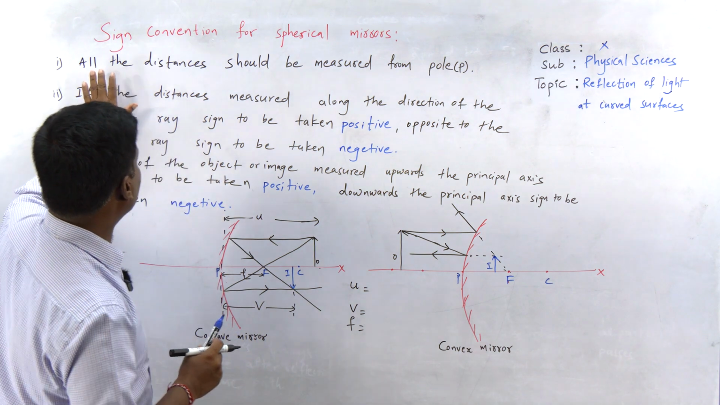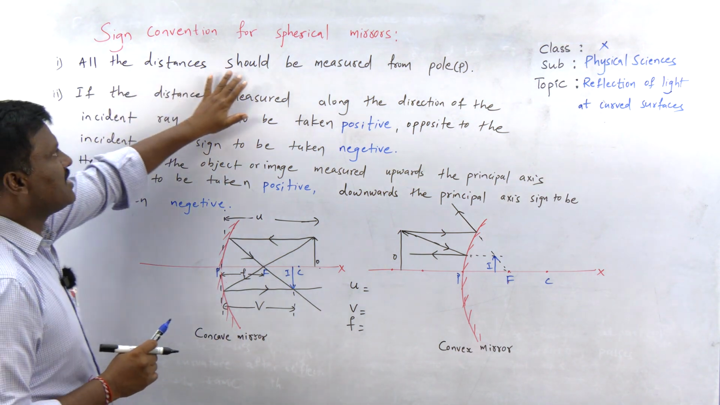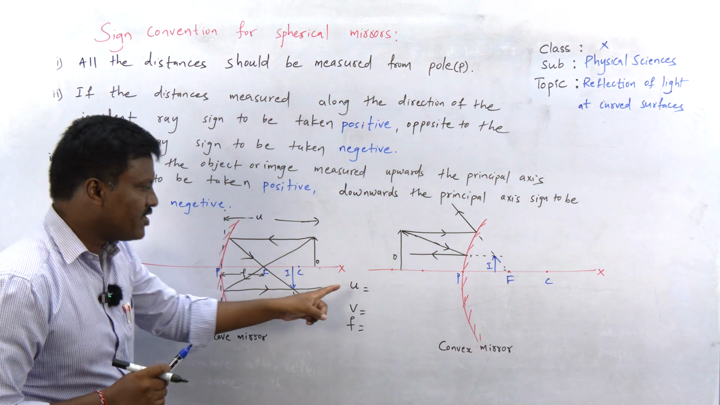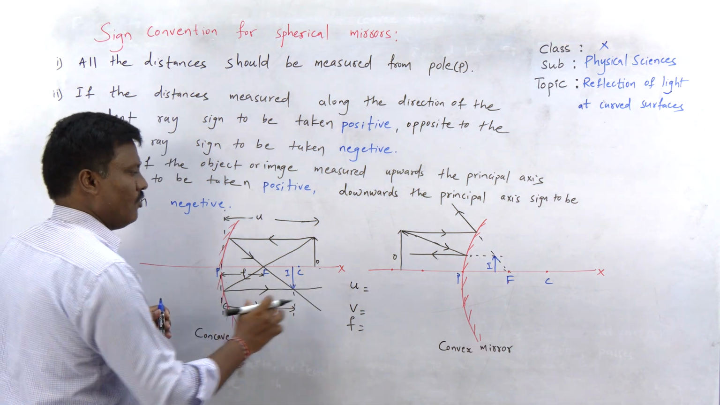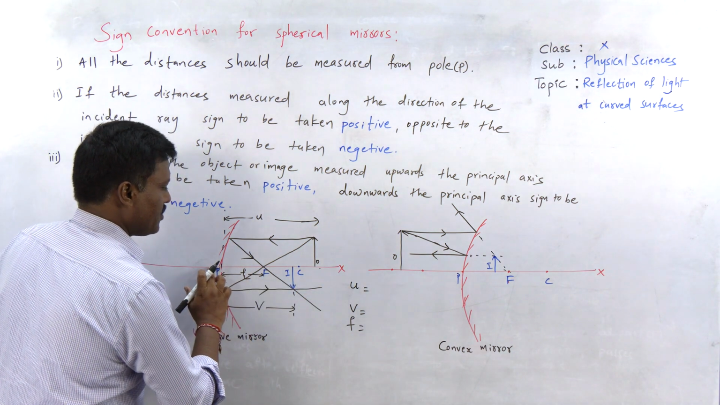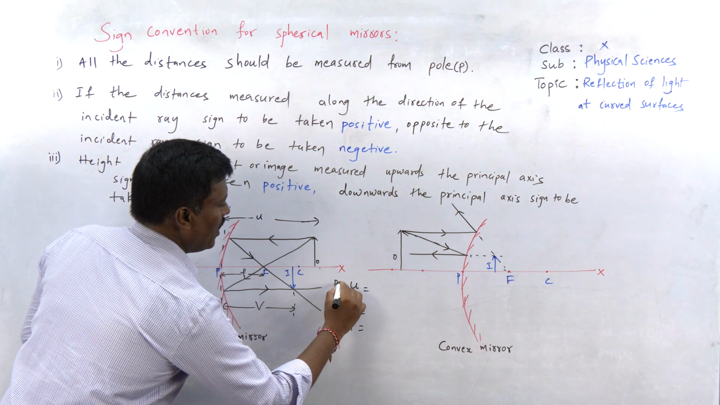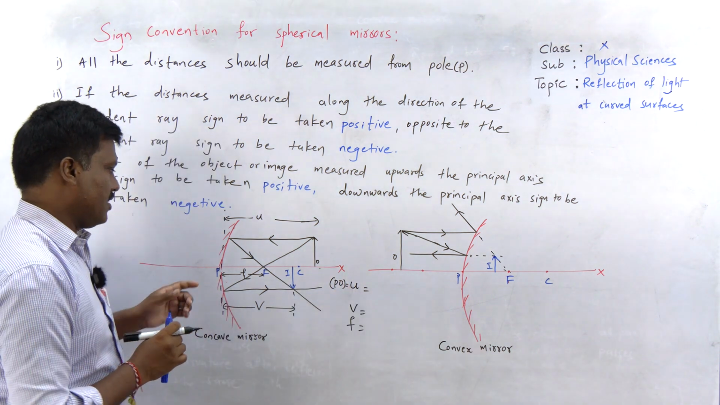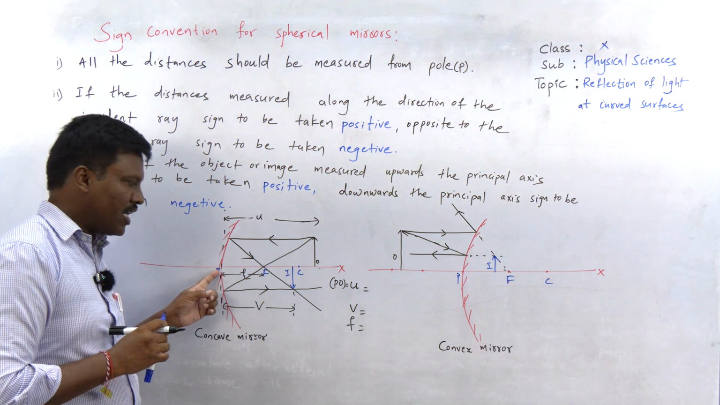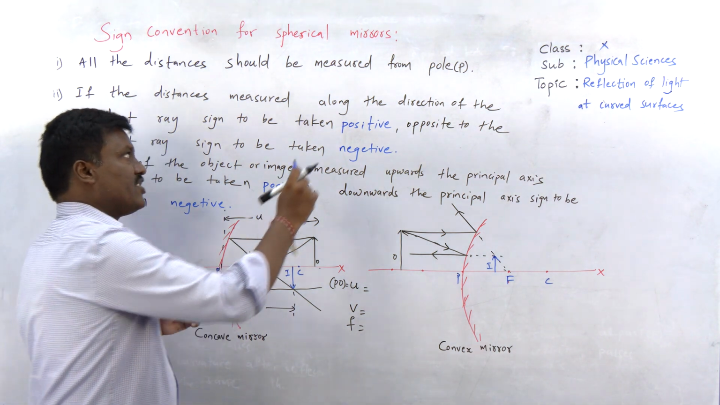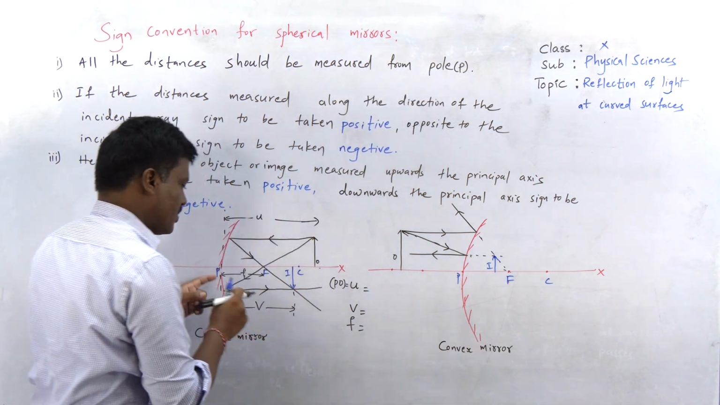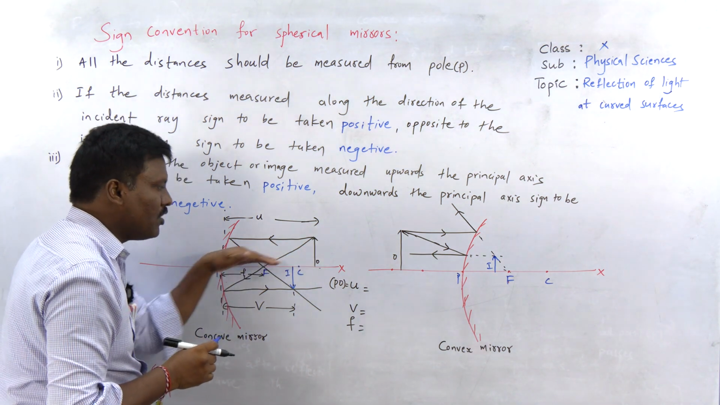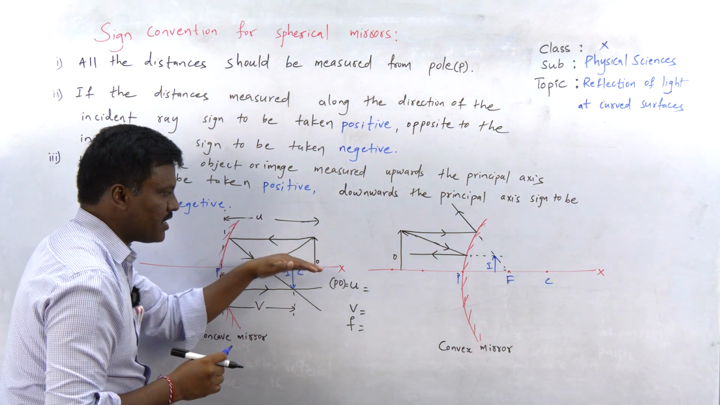So what is the first rule? All the distances should be measured from the pole. If I want to measure the object distance, what is object distance? The distance between pole and object, PO. I have to measure from P. I have to start my measurement from the pole. Any distance should be measured from the pole. I have to move from pole to the object, not from the